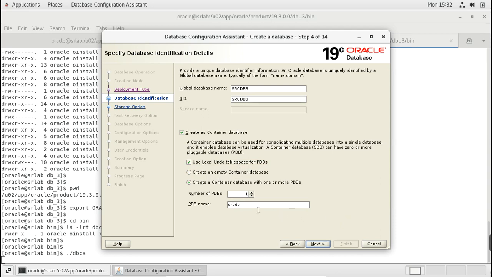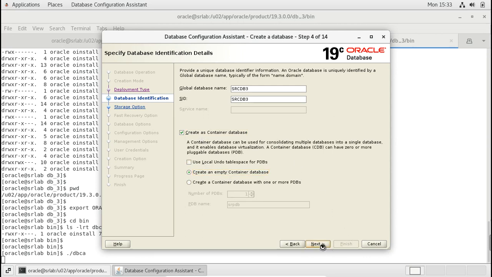Here I am creating the container. Okay, just the container database only is enough. Create as an empty container. Okay, we will create it as an empty container, no need for any PDBs. Then only you can see the difference, how those two databases are going to plug into it here.